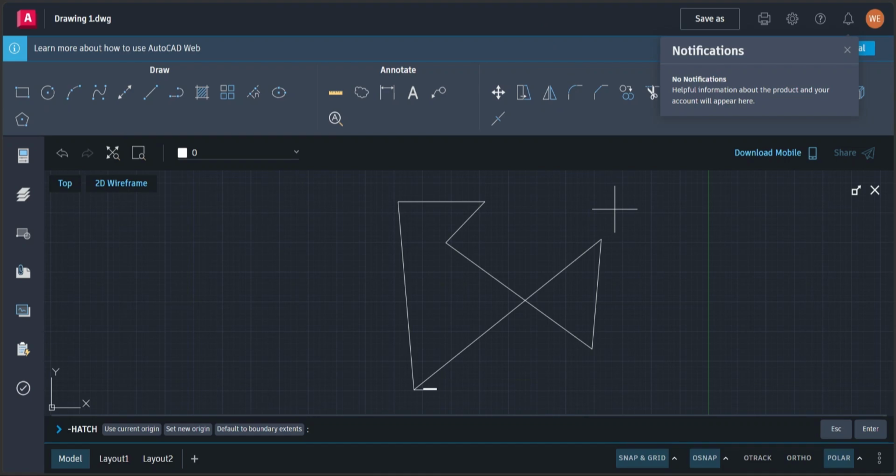Creating a custom hatch pattern allows you to use specialized designs that are not included in AutoCAD by default. This can help make your drawings more consistent, professional, and easier to understand. Many architects, engineers, and designers create custom hatch patterns to represent specific materials or to follow industry standards used within